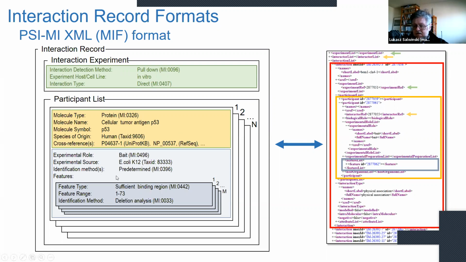This is not a description that can be provided as a list of columns with separate values. The reason is we've got many proteins or many molecules that interact. So we would end up with a varying number of columns if we want to put information about one protein